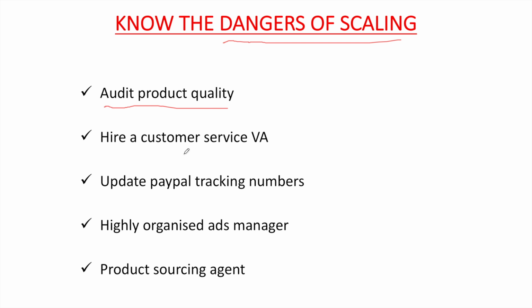Also, you need to hire a customer service VA. This is really important, because as your order count starts to grow to like 50 to 100 orders per day, you get a lot of customer service emails, and you don't want your attention being pulled from your ads manager and scaling your ads into doing things like customer service